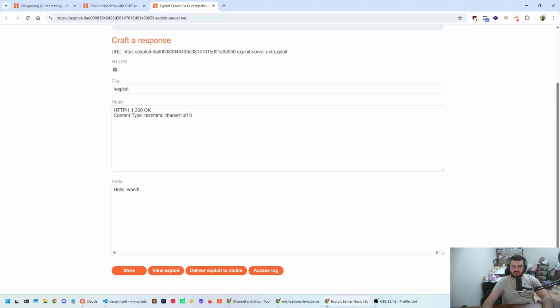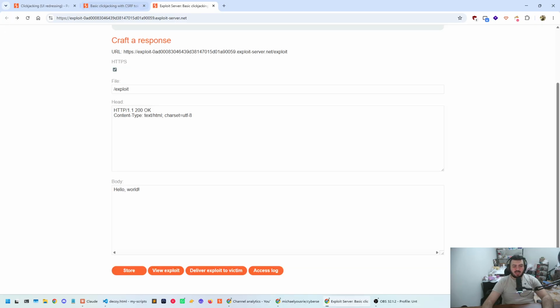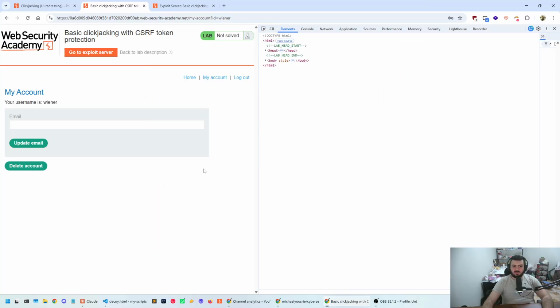which is right here. Okay, so what we're looking for right here is that we want to update the body in order to view the exploit right here. And then we want to put on top of it a decoy that says click. So on top of the delete account, we actually want to do something that is click. Now to do that,